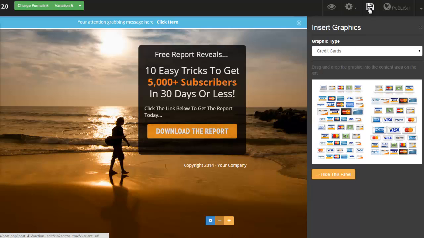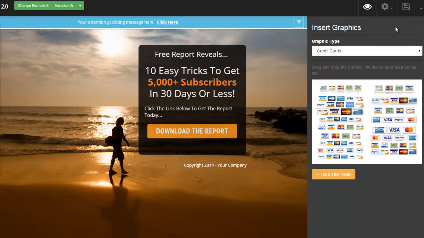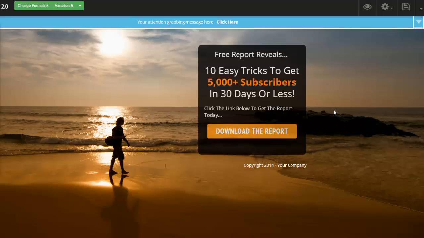But if I come over here, obviously I can save it. But check this out. If I come over here, I can publish this to Facebook. I can publish this to HTML. I can even save this as a template so that I can go and open up this page later on. Now, that kind of covers this corner over here. We haven't even gotten into the split testing yet or the statistics, but I want to show you something else